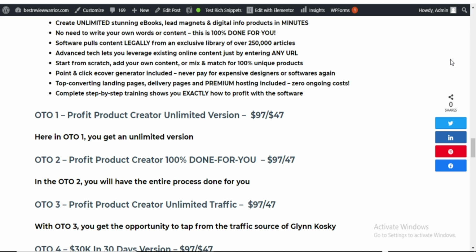Then in the OTO3, which is the Profit Creator Unlimited Traffic, here you'll be able to tap from the traffic source of Glenn Kosky. And I tell you, knowing how much sales Glenn makes daily from his traffic sources, you will want to grab this. But like I said, it's entirely up to you if this is what you want.